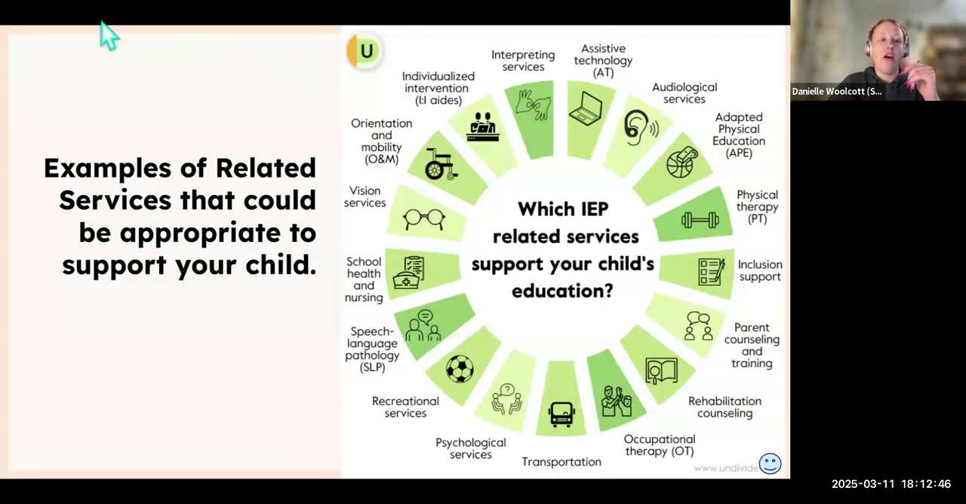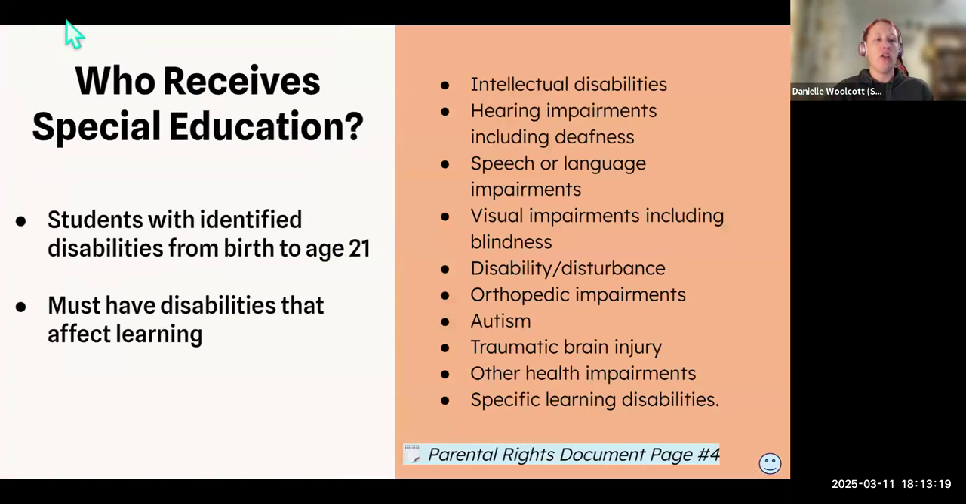This is just a graphic of what sort of IEP related services that I mentioned on the previous slide could support your child's education. There's a whole range of things that could be appropriate to support your child, including assistive technology, transportation, occupational therapy, physical therapy, vision services, maybe a one-on-one aide, maybe speech and language pathology support. So this is just a graphic with some of the examples of what related services could look like. Moving along,